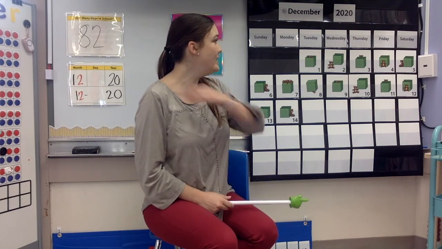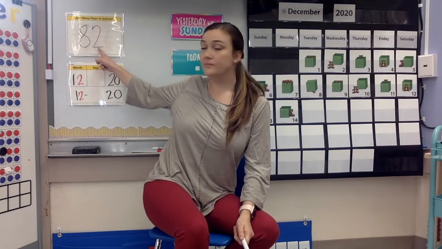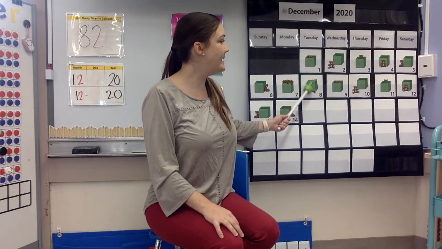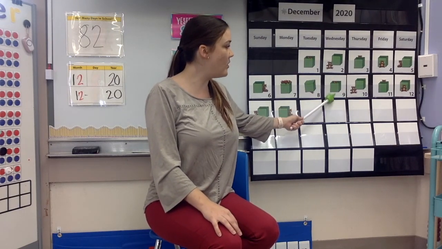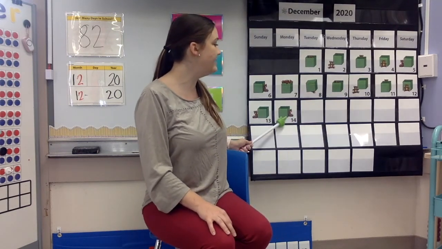Alrighty. We were in school. The last time we did a Number Corner video where we counted the days was Monday. So we have to start here at 82 and find out how many days today is. Ready? Start here at 82 with me. 82, 83, 84, 85, 86. Skip the weekend. 87. One more time. 82, 83, 84, 85, 86,